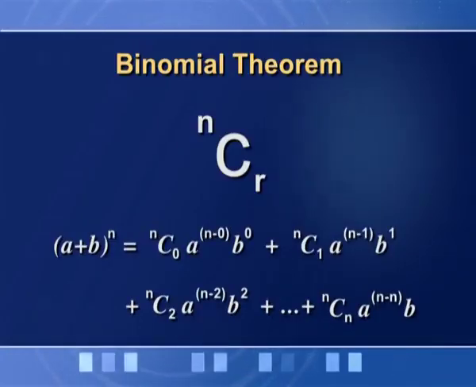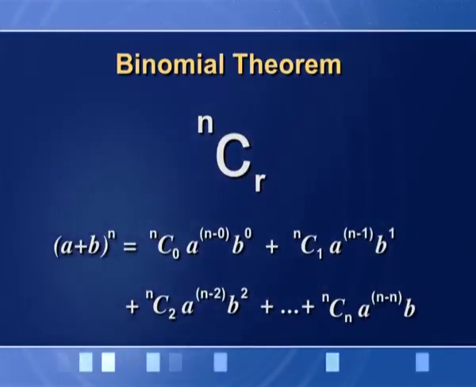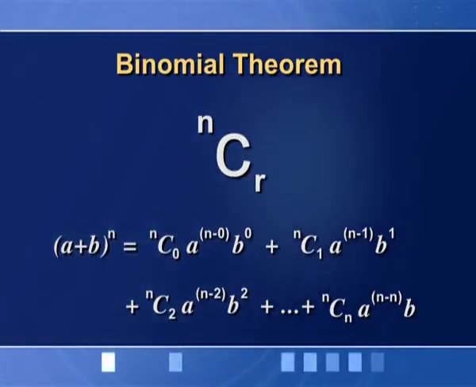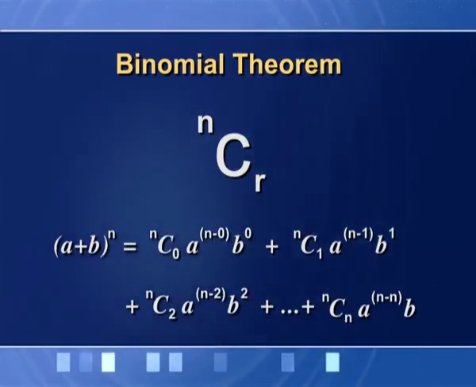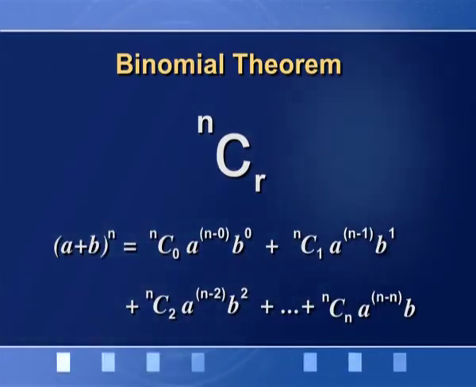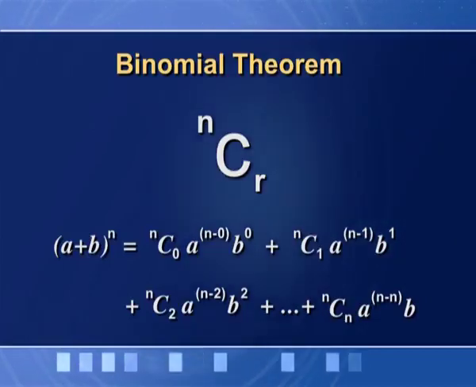So learners, what we are observing here is that each term in the binomial expansion of (a + b)^n has the value of r one less than its position. The first term has r equal to 0, the second term has r as 1, the third term has r as 2 and so on. What can we conclude from here? Here the conclusion is the general term.